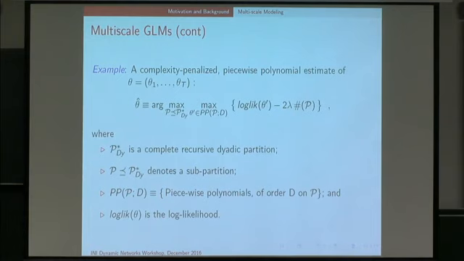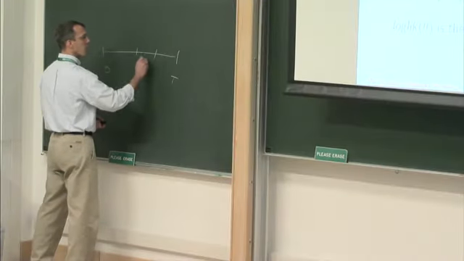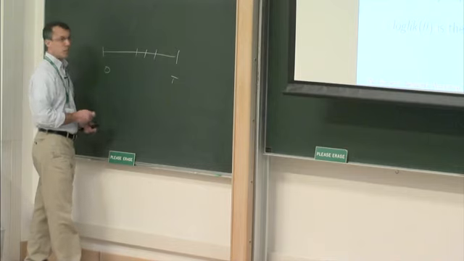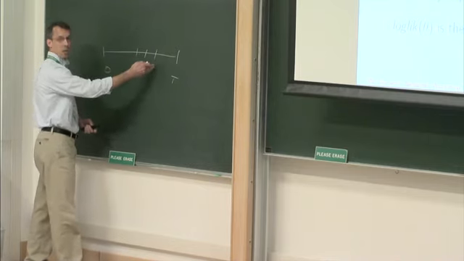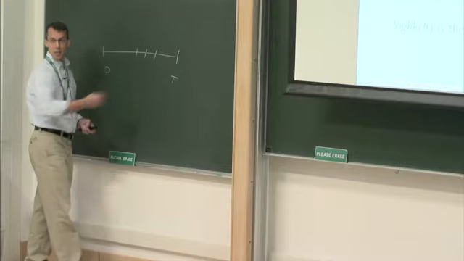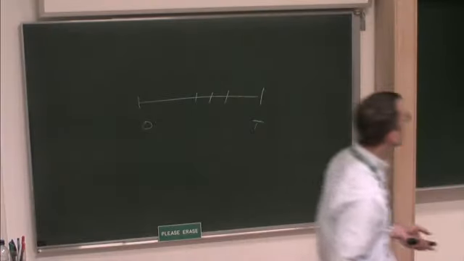From the point of view of doing the model fitting here, what we did is complexity-penalize piecewise polynomial estimates, where you're doing penalization of the log likelihood. We did just a counting penalty, where you're asking how many elements are there in the partition, right? So the partition you're working with is something like this: time going from 0 to t, and I might have something like that, which I can achieve by a split in the middle, a split in the middle, and a split in the middle, right? And that's why it has a certain nested sense to it, right?